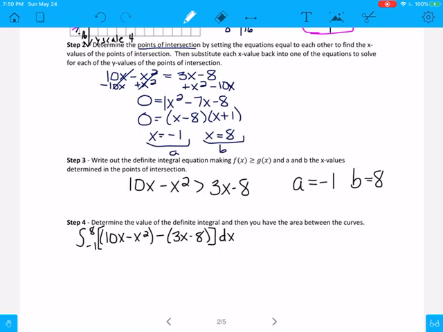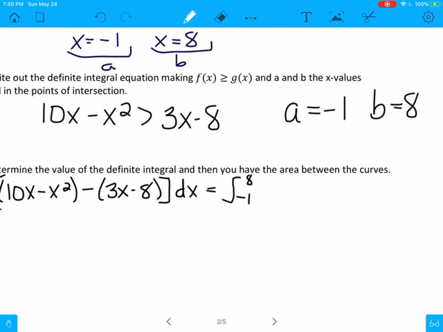But if they're decimal intersections, you really need to use your algebra to find them. All right. So then that gets us an integral from -1 to 8 of 10x minus x squared minus 3x plus 8 dx,